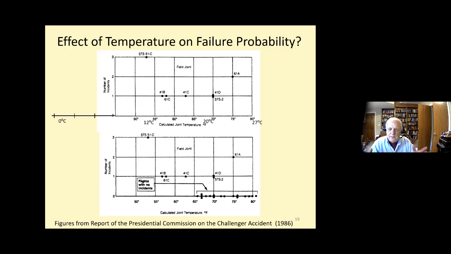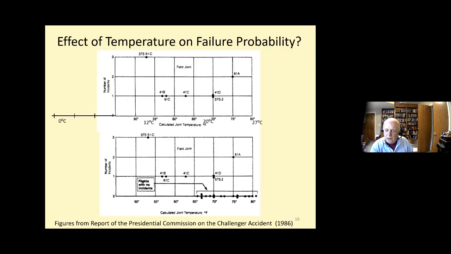When we know that certain materials like that age over time, they become more brittle, they become more prone to failure. In this case, they become brittle because they are at such low temperatures. In fact, there's the very famous experiment that Richard Feynman did at a committee meeting in the Presidential Commission,